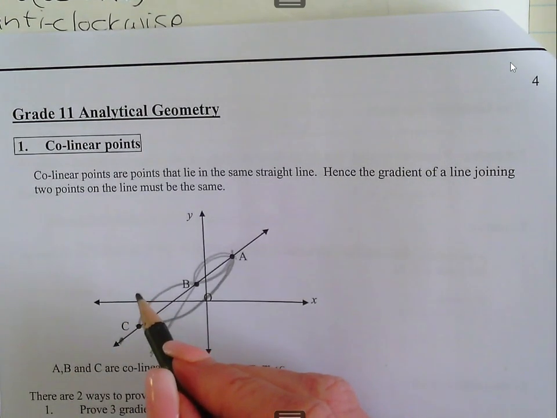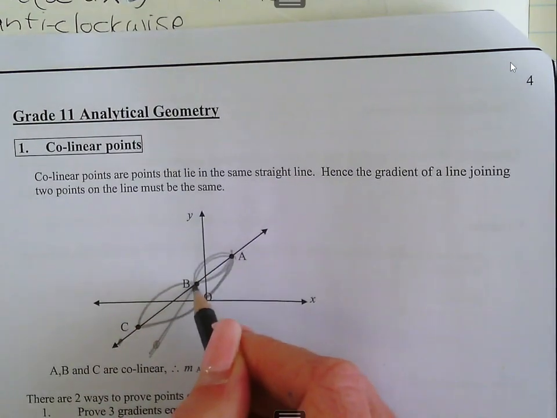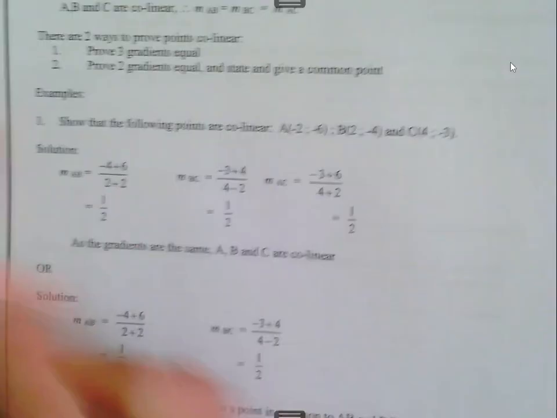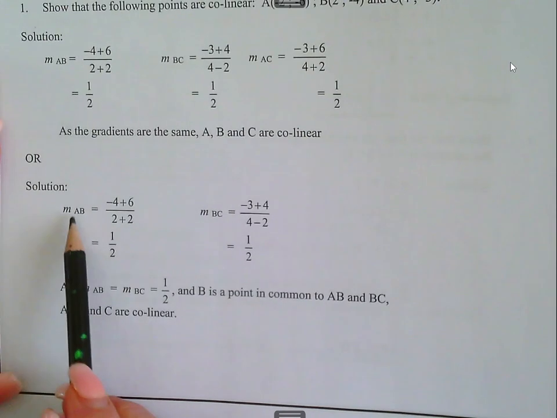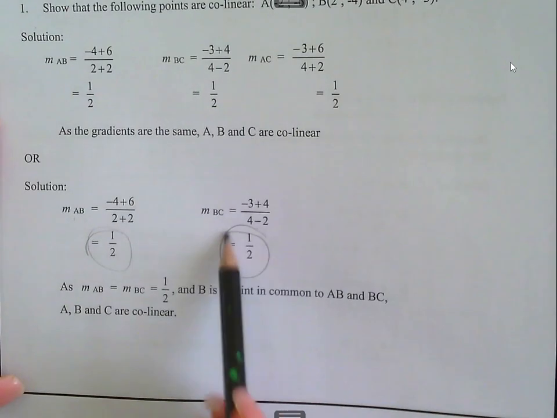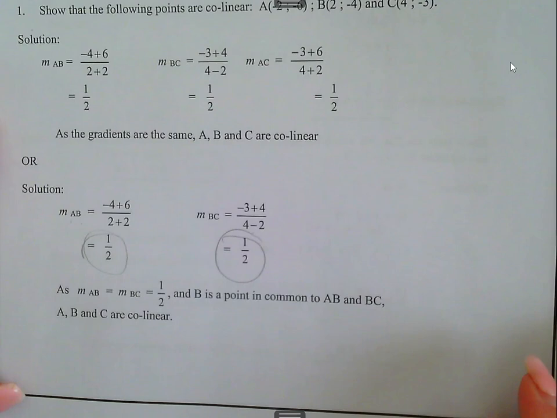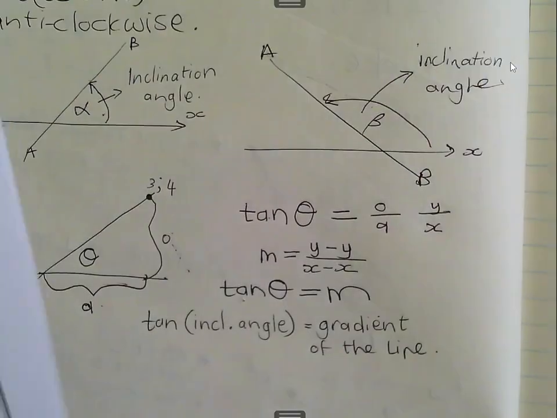Okay, so you only have to prove two gradients, but one of the variables must repeat in both of the two sums. Or A and B and A and C. So A repeats. Very easy. We're not even going to look at the first one. We're always going to use the second one. So I calculate the gradient of A and B, I get a half. I calculate the gradient of B and C, I get a half. And B is a common point. So they must be collinear. Just gradient calculations. Do you understand? Everyone? Okay, that's it for